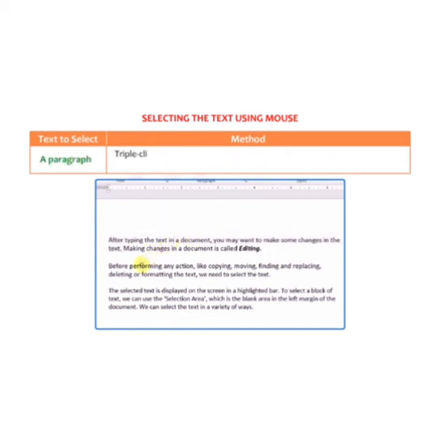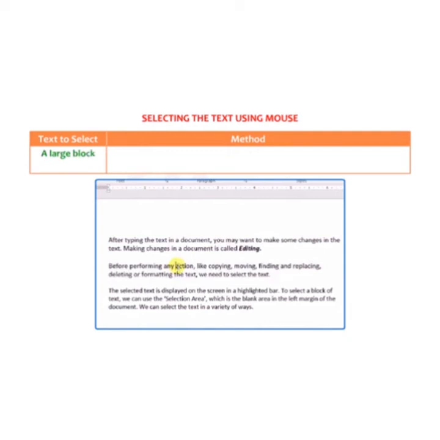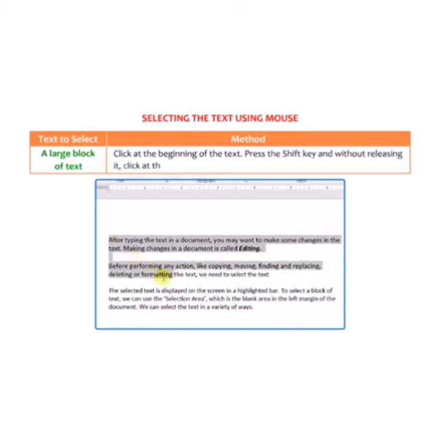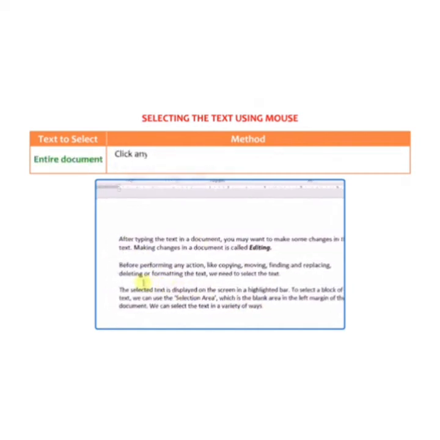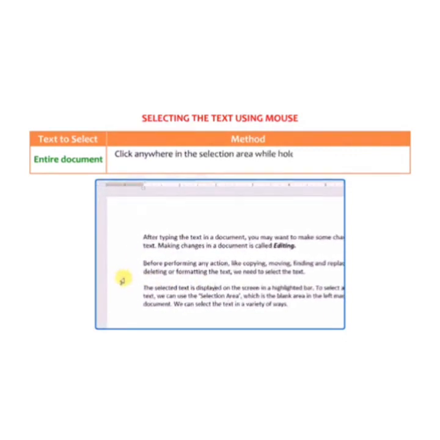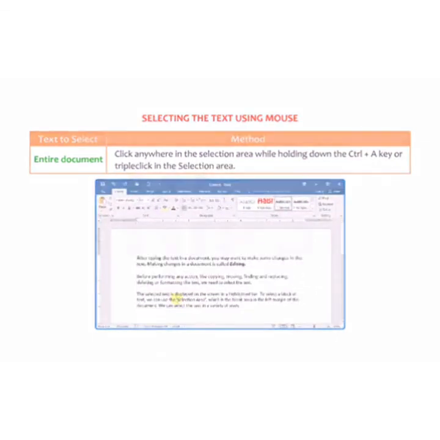For a paragraph, triple click anywhere in the paragraph or double click in the left margin of the paragraph. To select a large block of text, click at the beginning of the text, press the Shift key and without releasing it, click at the end of the text. If you want to select the entire document, click anywhere in the selection area while holding down the Ctrl key or triple click in the selection area.